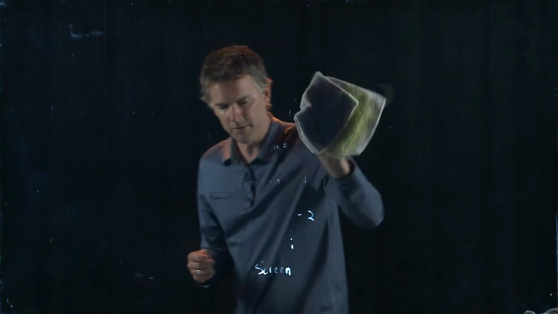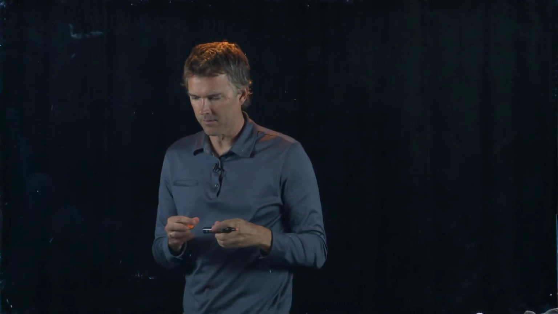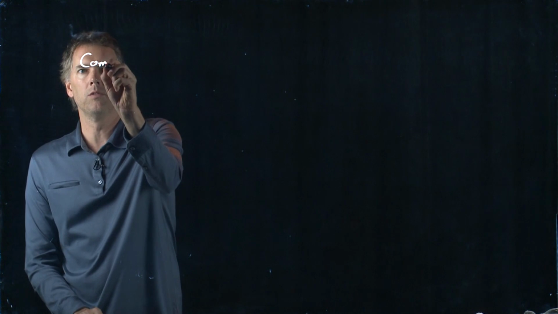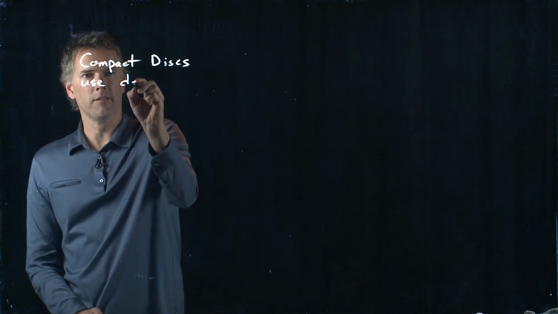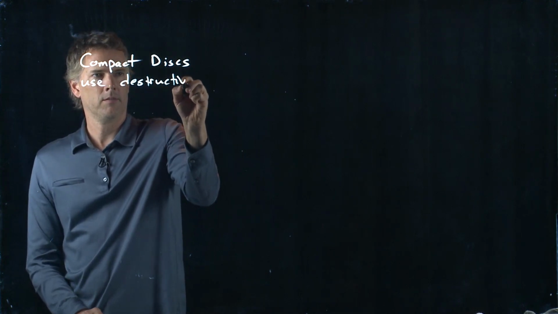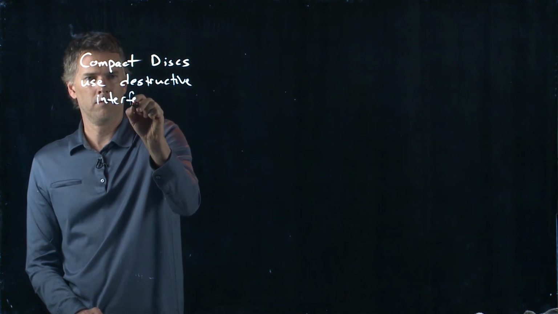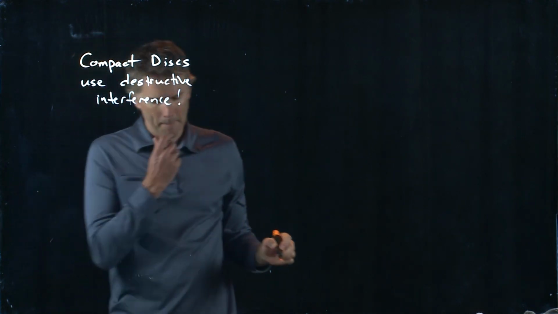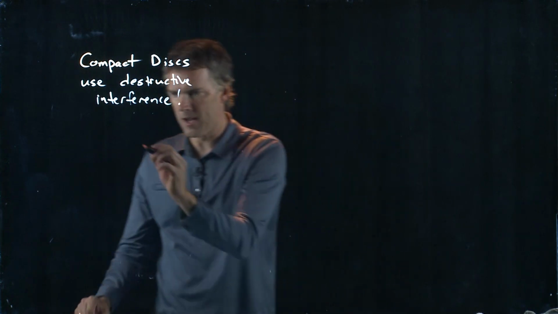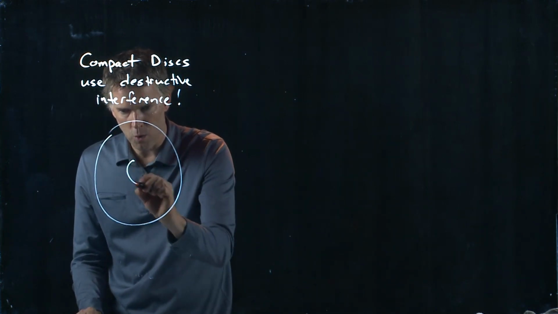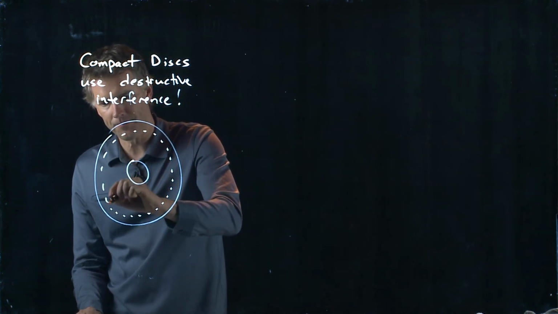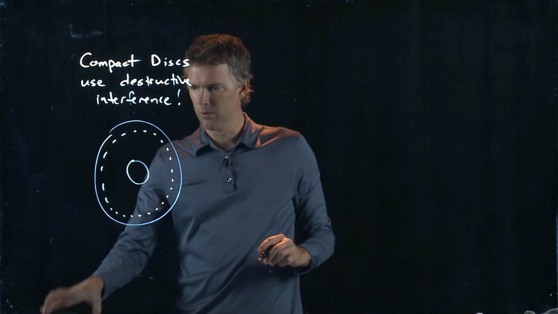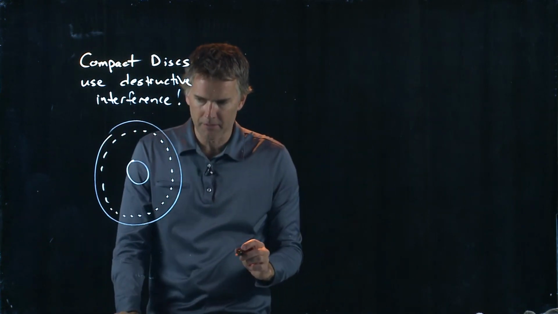Okay, so compact discs also work using interference, which is kind of interesting. Compact discs actually use destructive interference. Okay, how does that work? Well, we know what the compact disc looks like. It's got a hole in the center, and then there's a whole bunch of spots on it. So this is sort of the top view of our compact disc. And if I think about the side view,